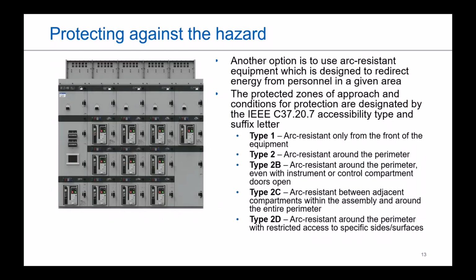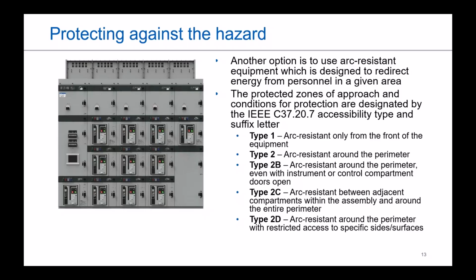So historically, and by historically I mean really since the early aughts, when this first came about in standards, the other way you can protect personnel is with arc resistant equipment. When we talk about arc resistant in the US, we're talking about IEEE C37.27. That is the standard for arc resistant. Historically, it started in the medium voltage world, but has since gone through a number of iterations to where now it's not only in the low voltage world, it also applies to even motor control equipment. So it's not even just switchgear anymore.